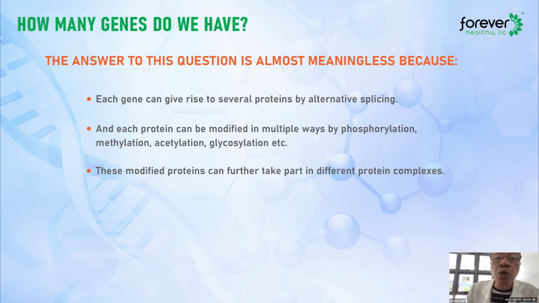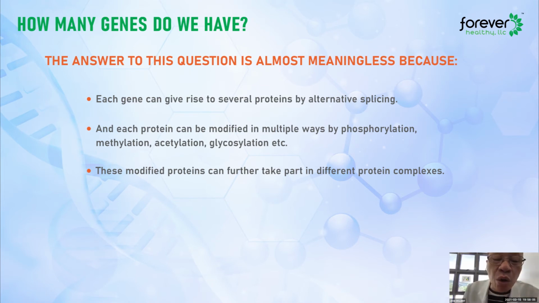Therefore, even if we have 30,000 genes, we have more than that, because our body can make new proteins to protect itself. For example, if you lack water, our body will provide protein that will preserve water. That is the meaning of being able to cope up with the